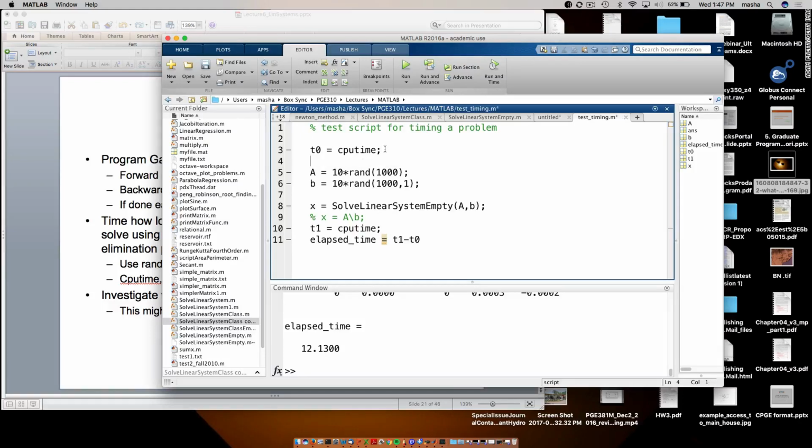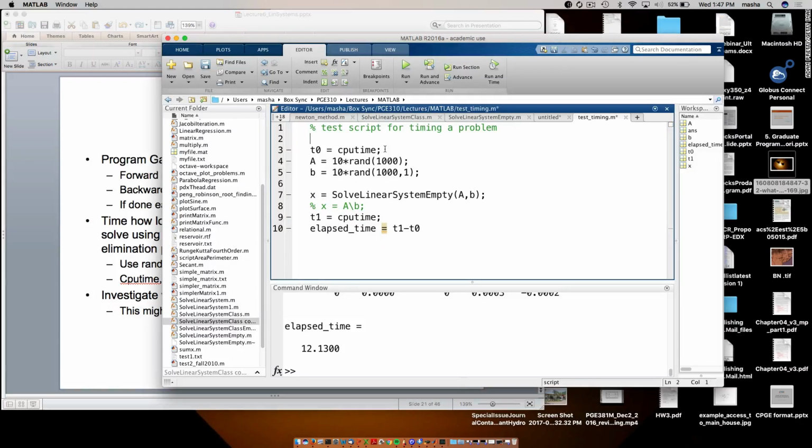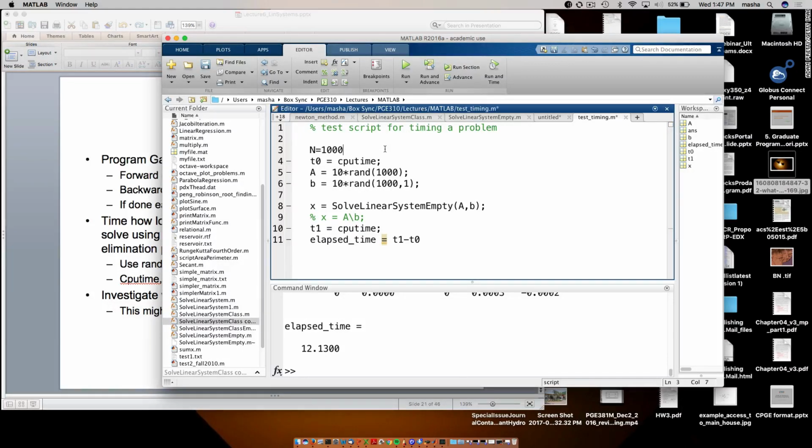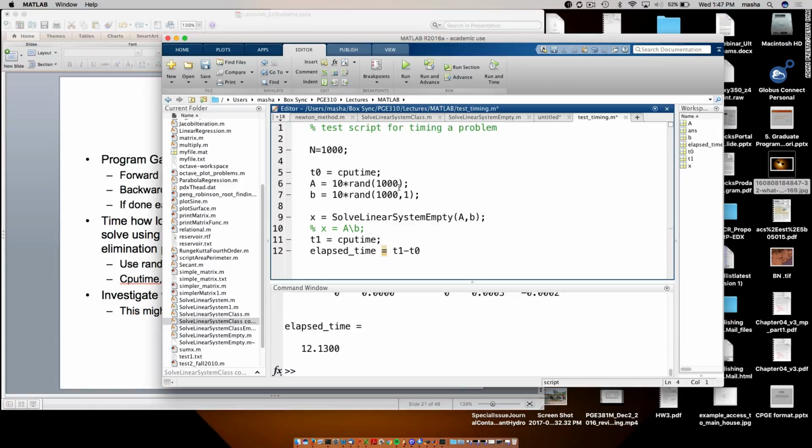There we go. So I'm going to actually do this. N is 1,000, okay? So if I replace this by N, then I have saved myself retyping, so I can just change things. Let's do, okay? If I run,